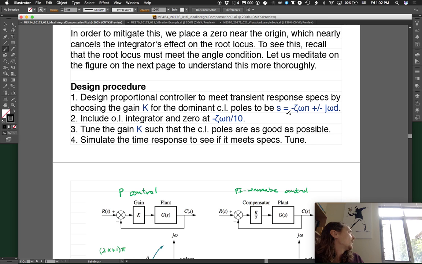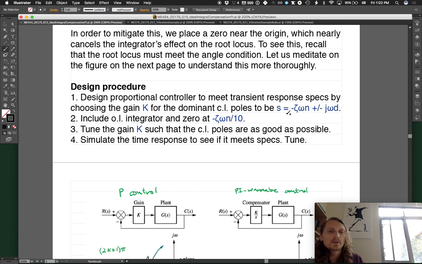So this is a number to start with, divided by 10. You might need to adjust where that zero is to make it the version that you want. And the location of the poles is an important way to measure if it's where you want. Also, some other response characteristics as well. So maybe the transient response, maybe how quickly the steady state